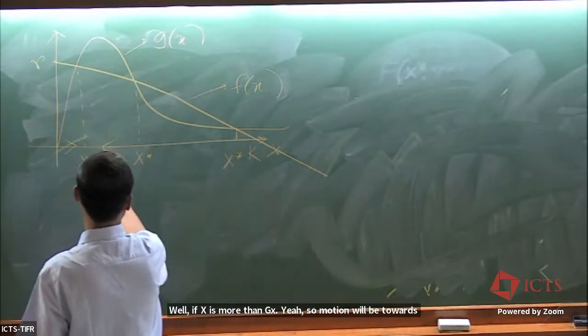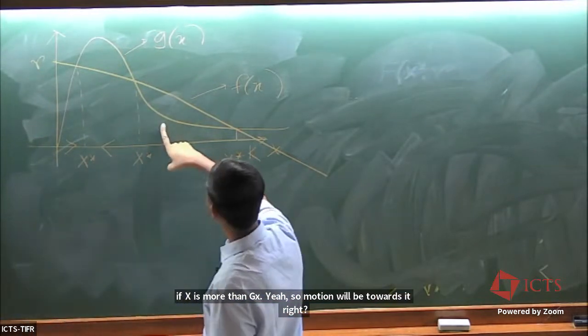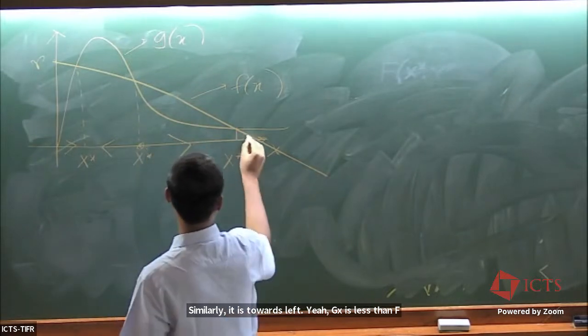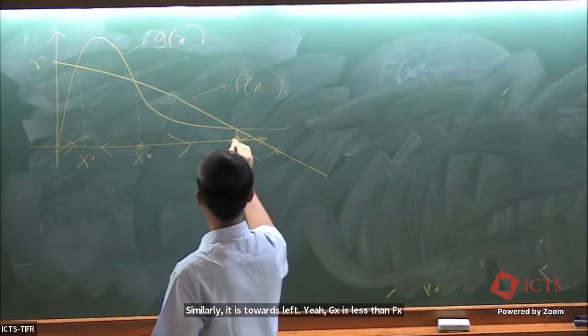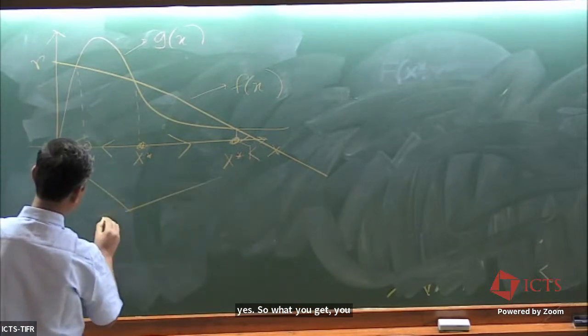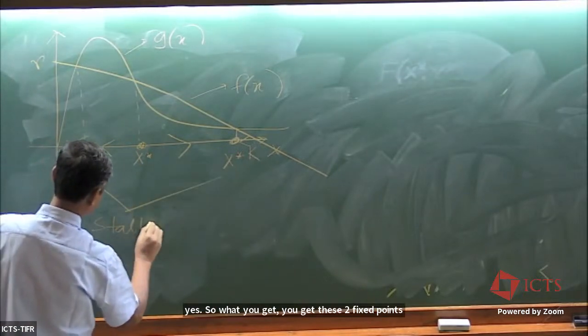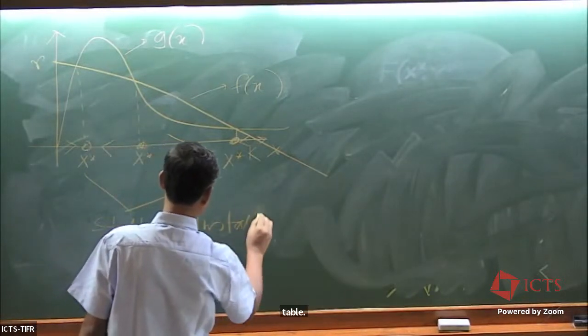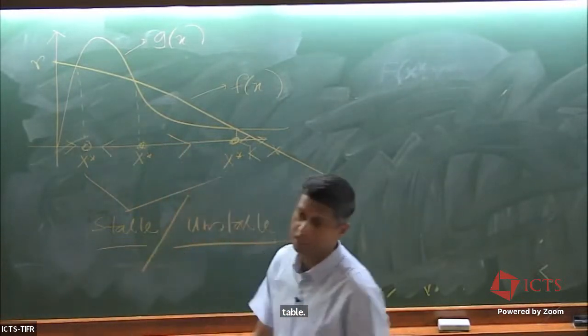Similarly, it is towards left. Here, gx is less than fx. And here, similarly, this. So what you get, these two fixed points as stable and this one as unstable,